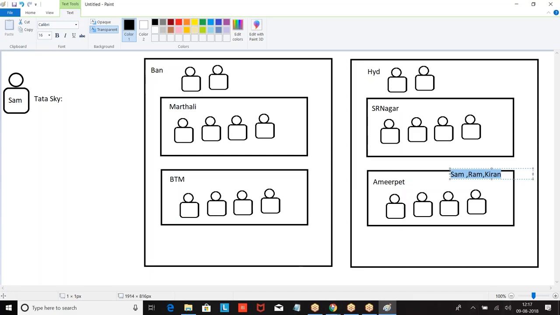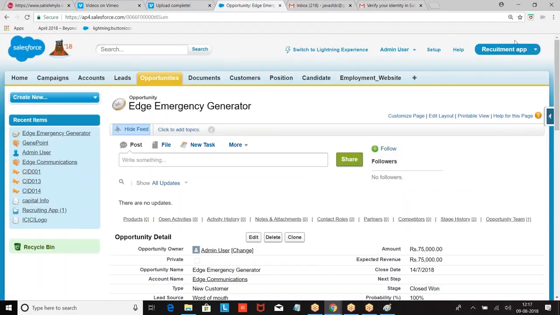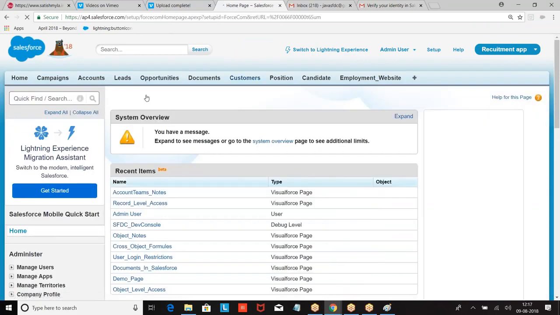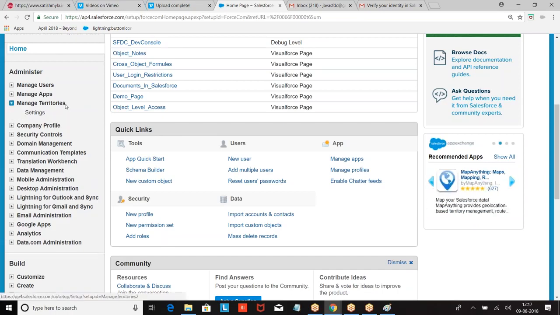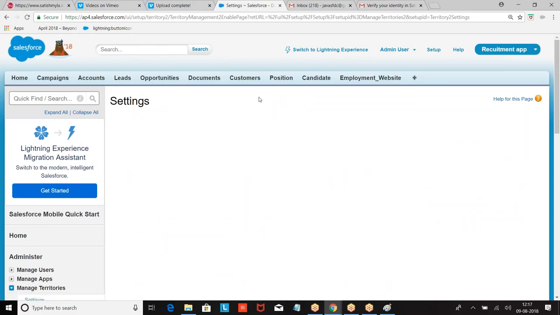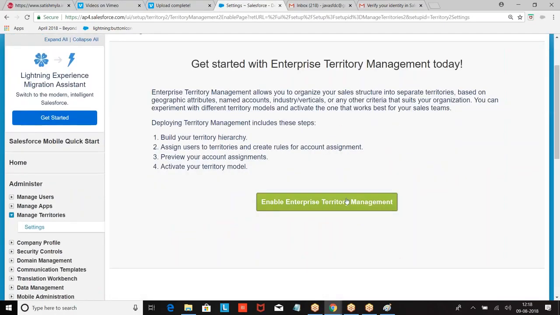Now look at this, how you create it. Setup, administer, territory management, settings, enable.